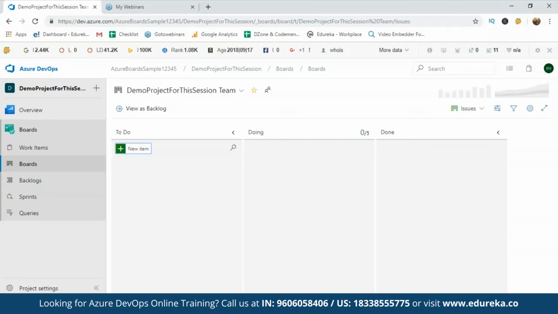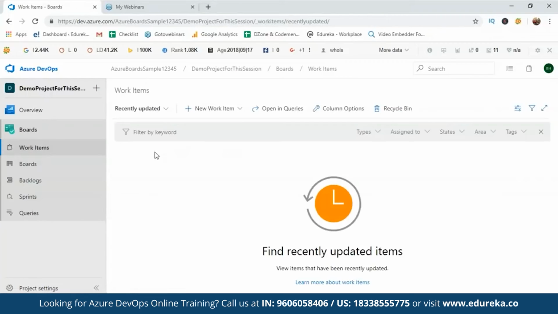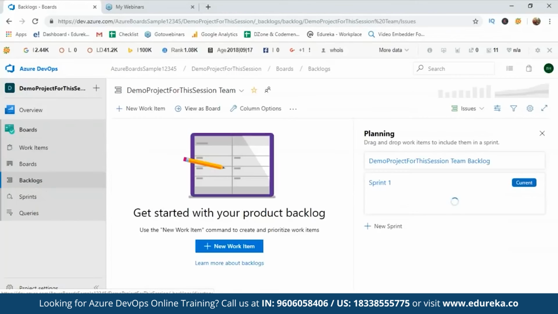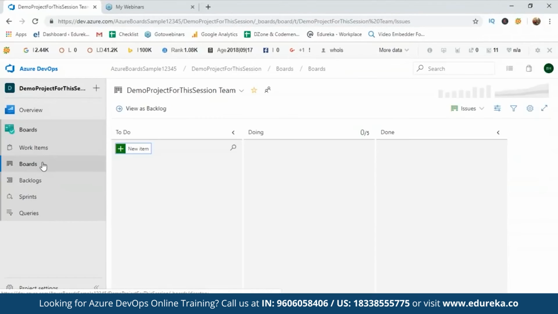So guys, this is how the interface looks, and as you can see, you can take a look at the backlogs if you've created any, which I haven't in this case. You can create issues if you want. You have an option of epics and issues, which lets you keep track of all the stuff that you're doing. You have certain work items that you can add here. Boards, what boards are you using? Backlogs, you can keep track of all the backlogs that you have. Sprints and queries. So if you come to boards and then say add a new item, let's say